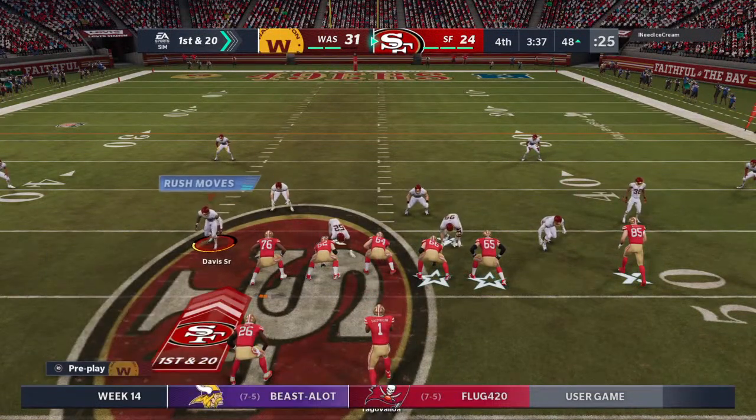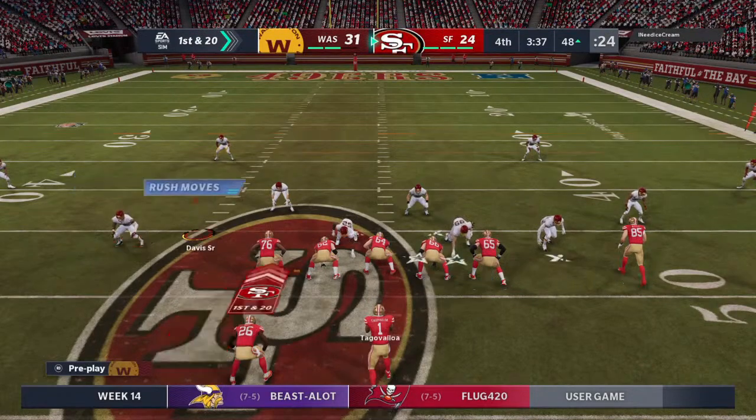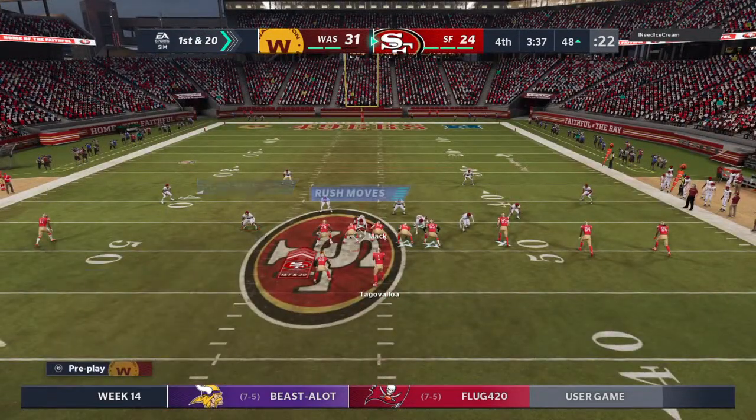Let's get off the field, D. 59 mark, 59 mark. Check, 59. I got